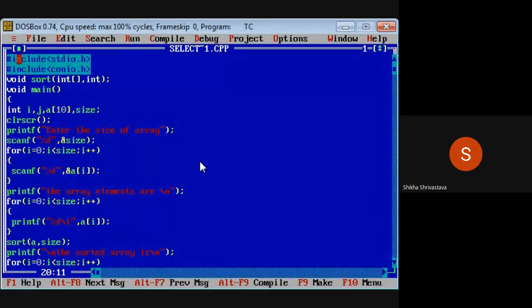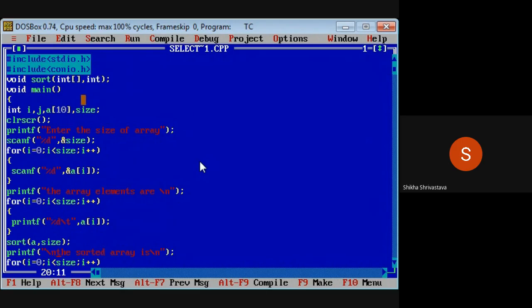In this code, we can see, first of all, we are declaring the header files stdio.h and conio.h. We all know the purpose of these two header files. Stdio.h is used for the functions printf and scanf, while conio.h is used for getch and clrscr. First of all, we have to declare void sort int.